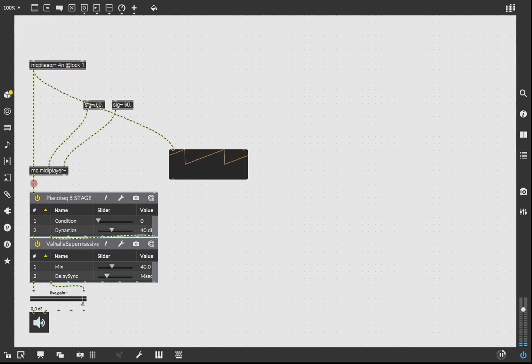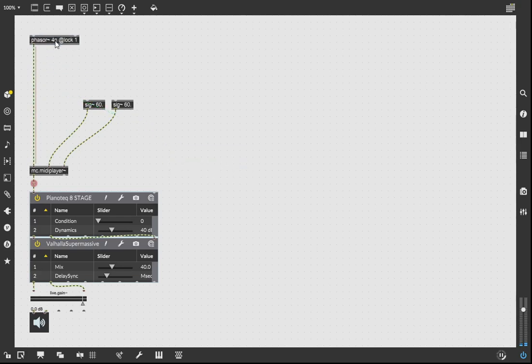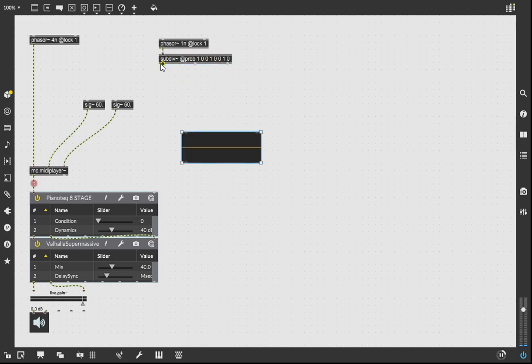So how we will do that is first we need to, actually we'll do it this way. I want to use separate phasors. So every measure, yep. I'm going to subdivide every measure into a certain rhythm, and so now if I put a scope there, you'll see,